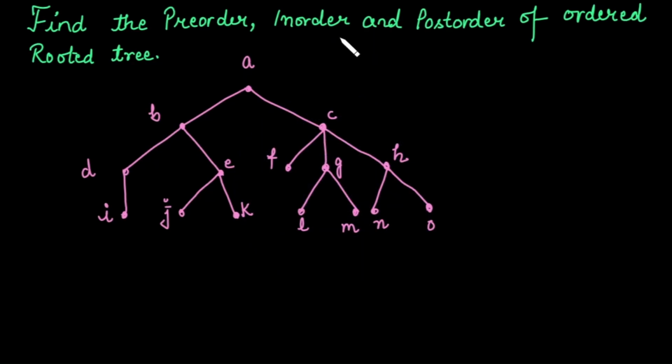In this video, we are going to learn how to find the pre-order, in-order, and post-order traversal for the ordered rooted tree. But not the usual way we have. This time we will explore an alternative way that might help you to understand the concept even better. So the alternative method to find the pre-order, in-order, and post-order traversal of an ordered rooted tree is, so very first step,